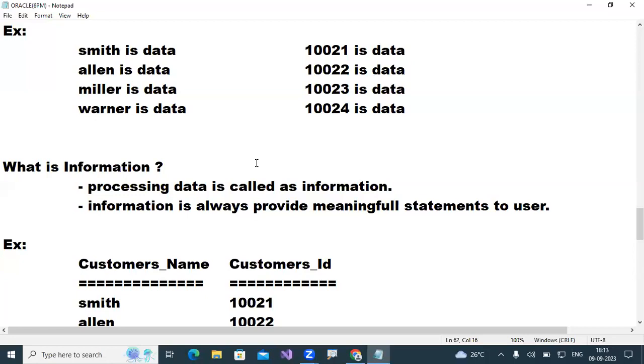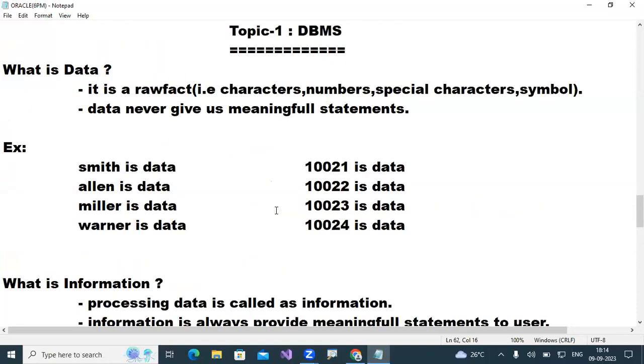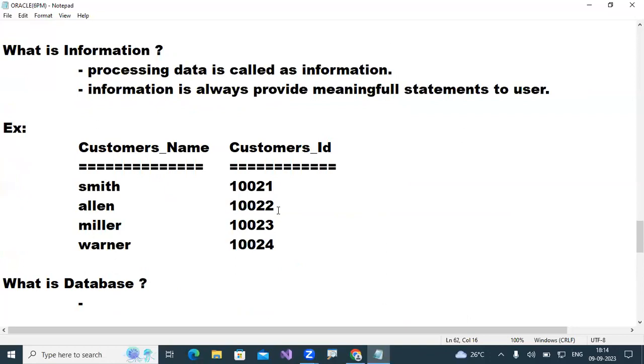When users cannot tell what is what, it is called data. That is the only small difference between data and information, and I explained some examples in the last session.